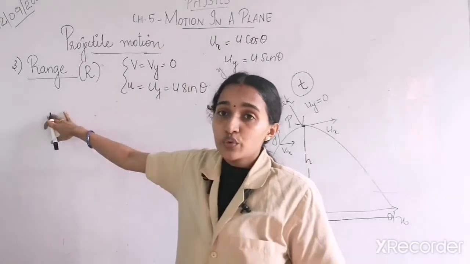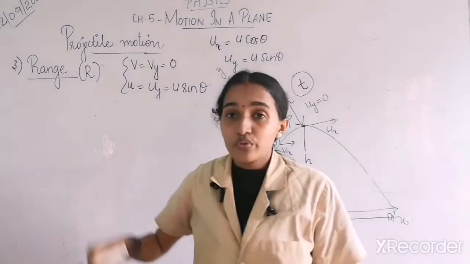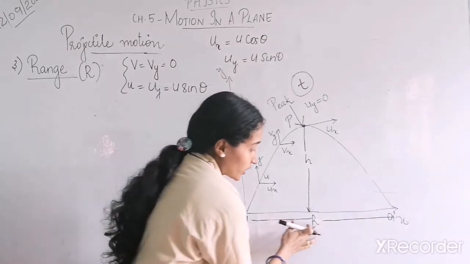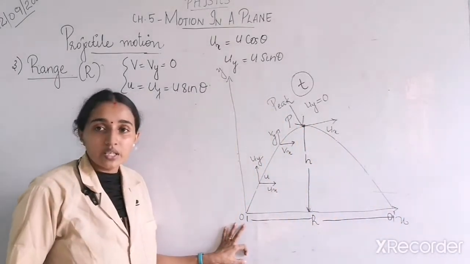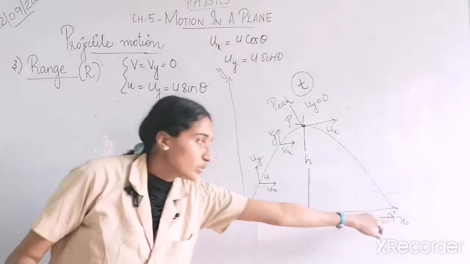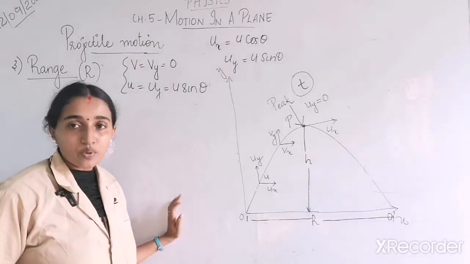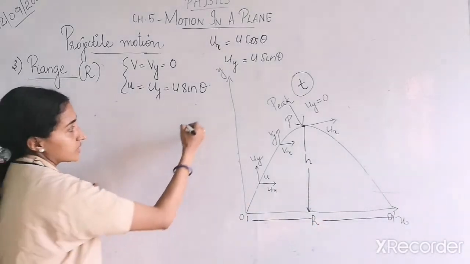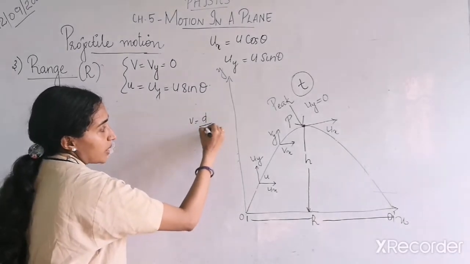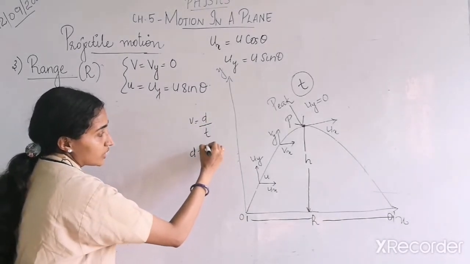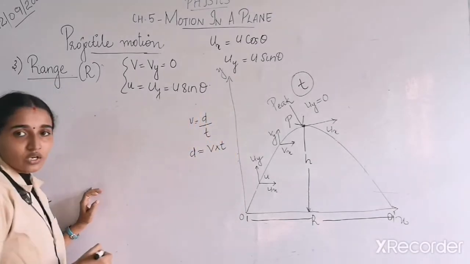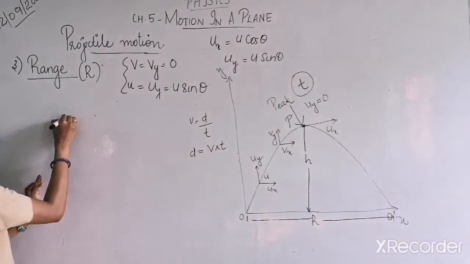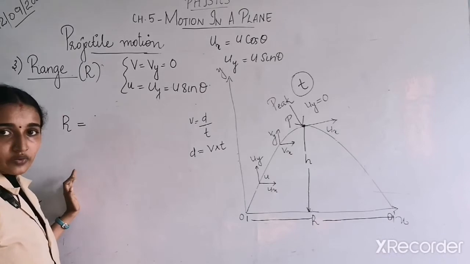Now the last one, we need to find an equation for range R of a projectile. I have already told you R is only the total horizontal distance travelled by the projectile. So this distance from O to O dash will be the range of a projectile. Range is nothing but the horizontal distance. Since from the basic equation, speed is equal to distance upon time, what will you write? Distance is equal to speed into time. The same thing here. Instead of d, you are having the horizontal range R here. Isn't it? Yes or no?